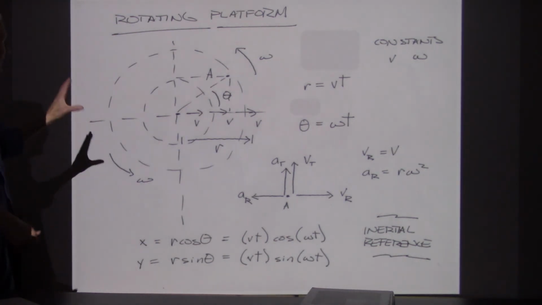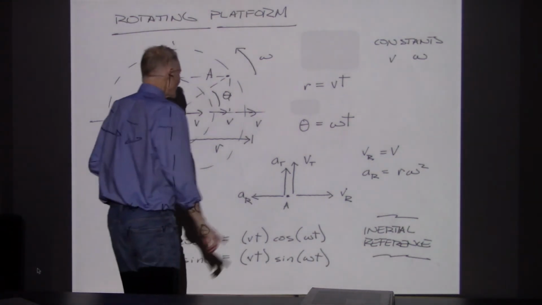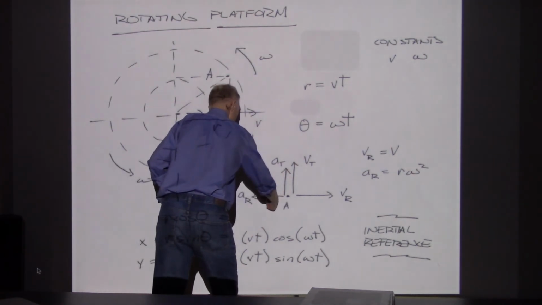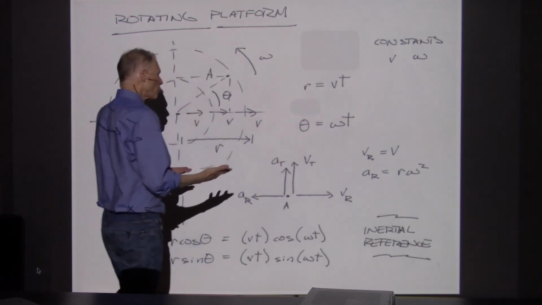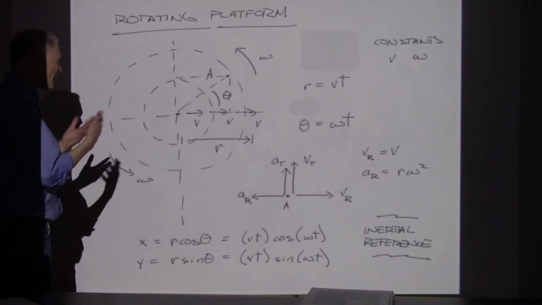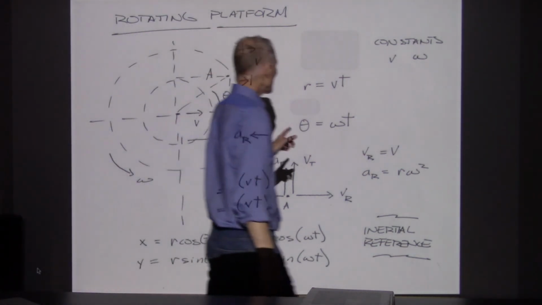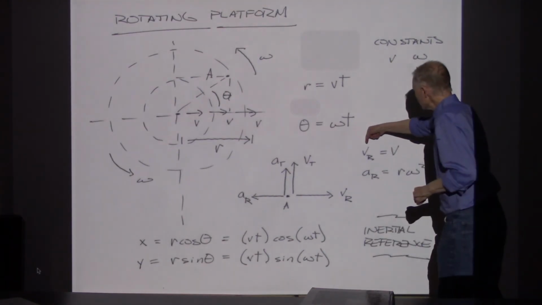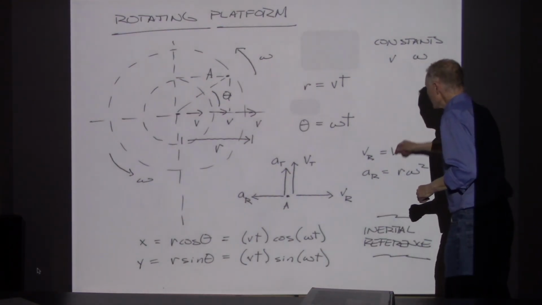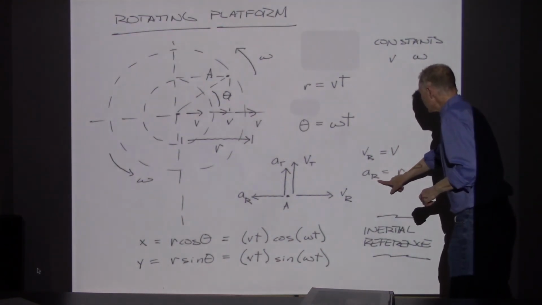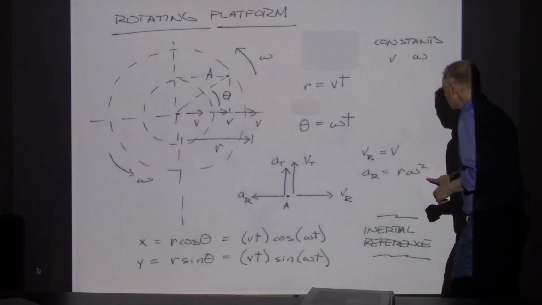So if they're going to stay attached to the platform, they're going to have accelerations here and here, and they're going to need forces to allow them to maintain those accelerations. All right, a couple things to point out here. We decided the person is walking at speed v, and if we remember, the radial acceleration is given by